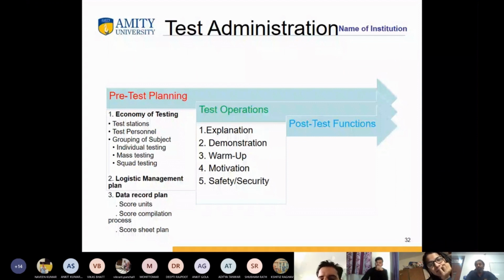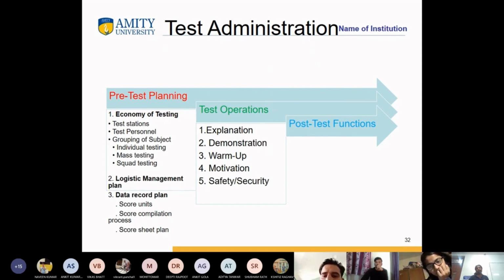And then, on either platform, you need to give them the chance to warm up or prepare themselves. You cannot say, okay, this is the explanation, this is the demo, and just give the test. They will say, no, I'm not ready for it. You need to give enough time for the participant to prepare himself or herself for the test.